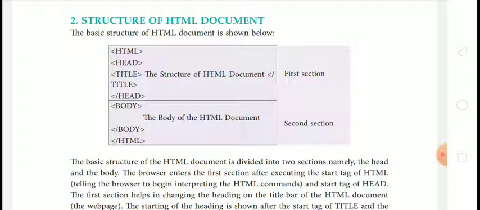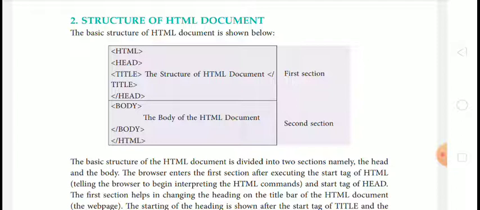So the first point is to start with the HTML tag. Whenever you write an HTML program, you have to write the HTML tag.